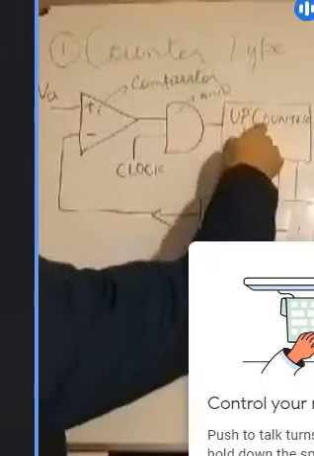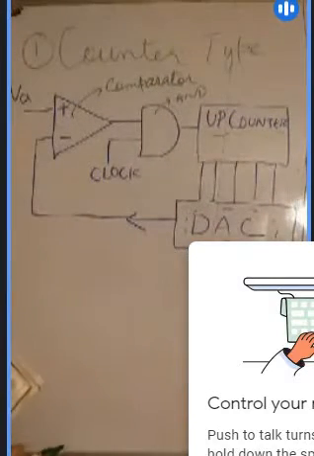This is your AND gate. It is visible anyway. This is your up counter. It is written already. And this is your digital to analog counter. So how many modules? 1, 2, 3, 4. So in our first type of the